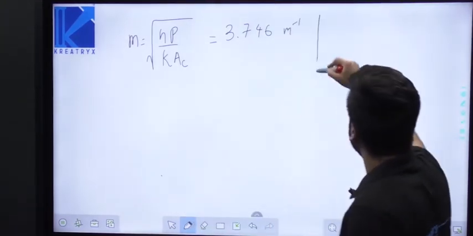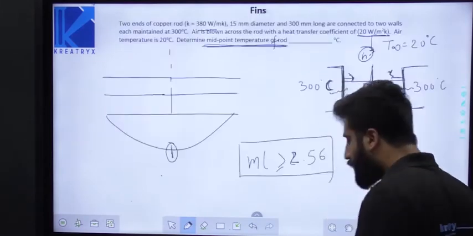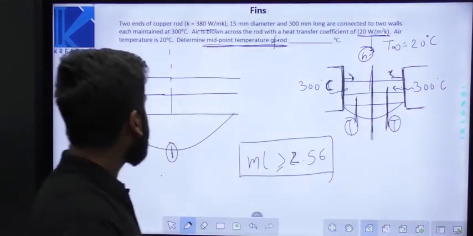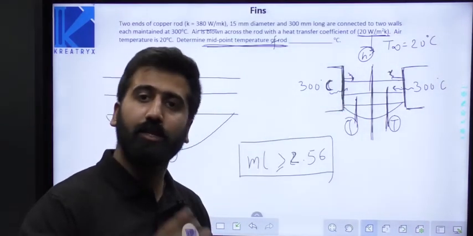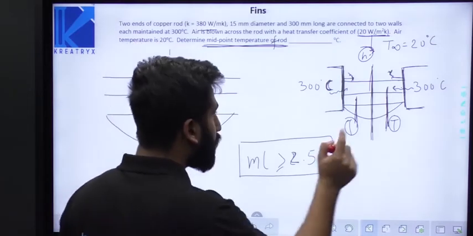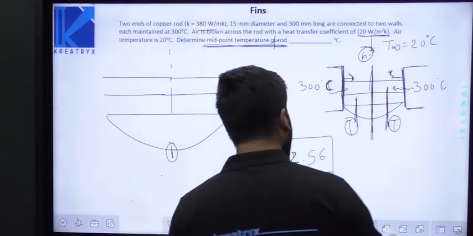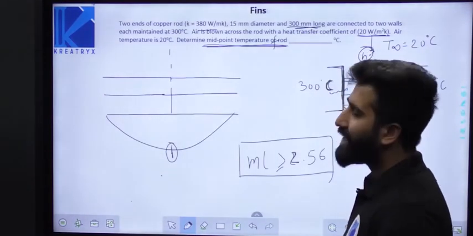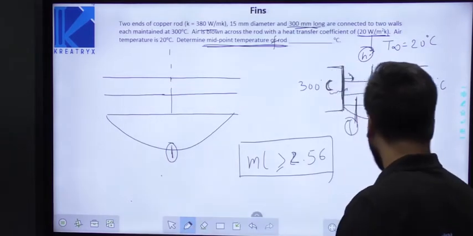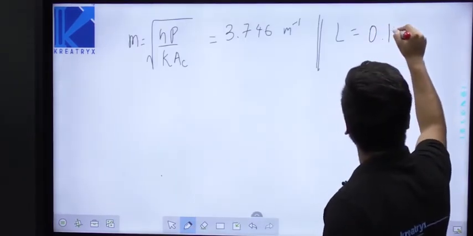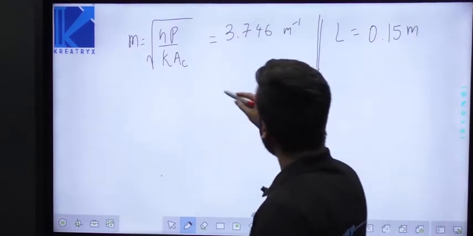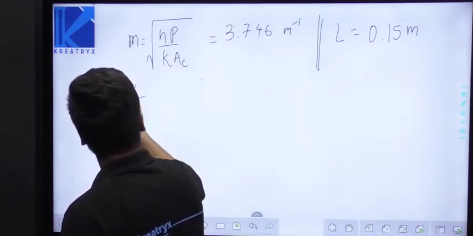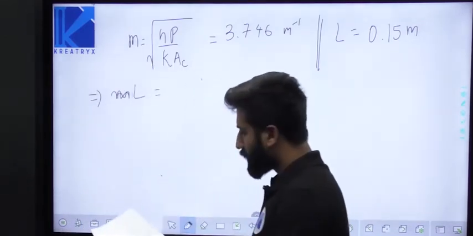And L, in this case, what will be L? L will be half the length of this rod, because this one fin is actually being treated as two fins. The reason I've told you. So L here will be L by 2 actually. The rod is 300 mm long, so the length of each fin will be 150 mm, that is, L will be 0.15 meter. So when you multiply it, ml will be equal to